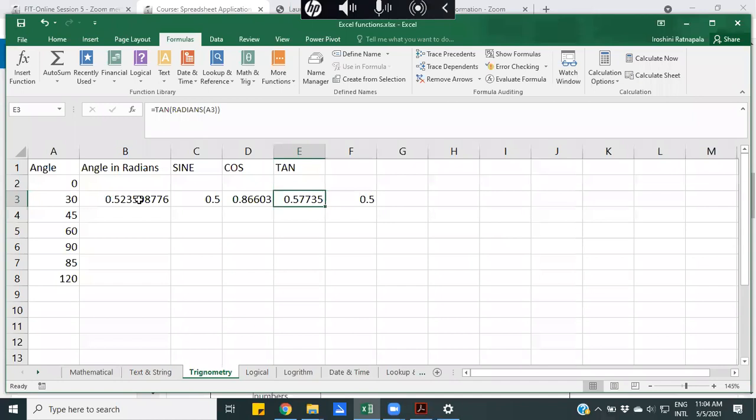That is how you can use the trigonometry functions in Excel. In the assignment that I have given you, you have to use the trigonometry functions to solve the problems in the assignment. That's another function type that I wanted to discuss with you.